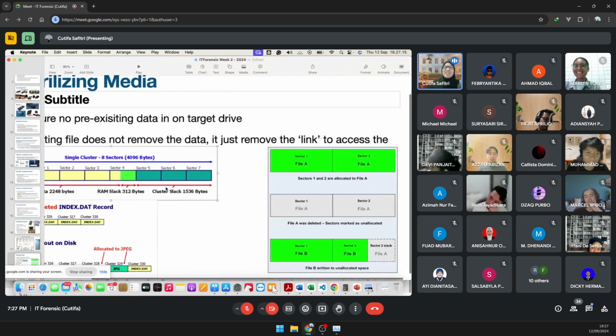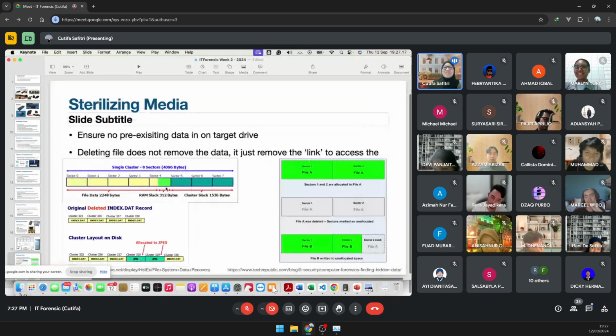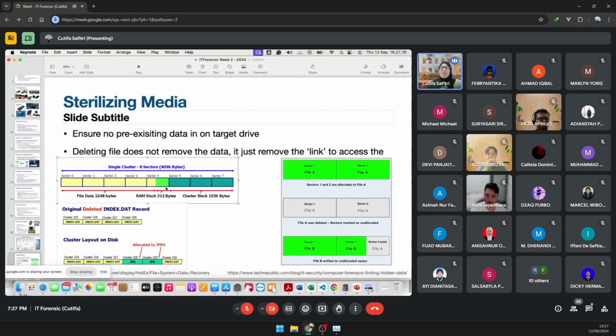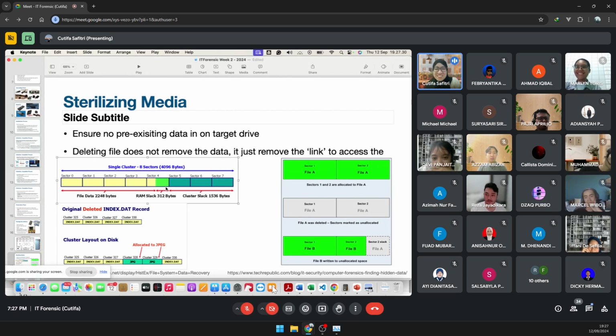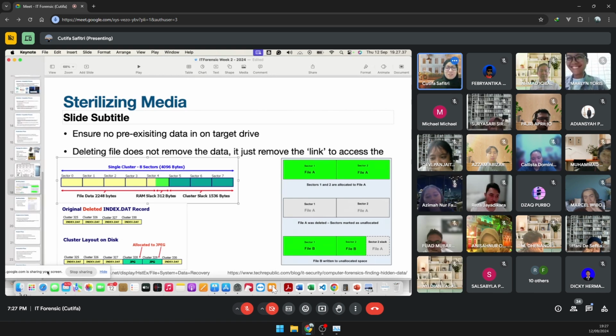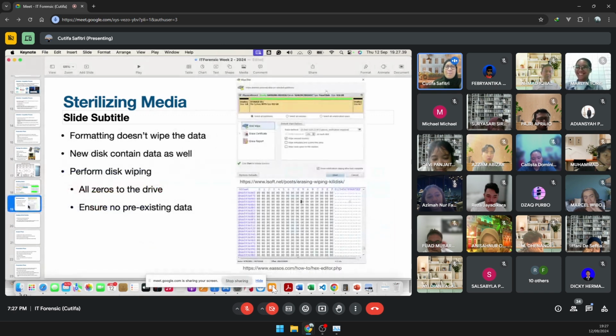I also have a student that was using their own USB, but a very old one. 2 gigabyte USB is not old, it's very hard to find nowadays. And I was like, "Miss, thank you, Miss. I found my old picture with my wife when we were young." Okay, good for you, Pa. I'm happy too. Right. So who knows, a computer forensics class could bring you to places.